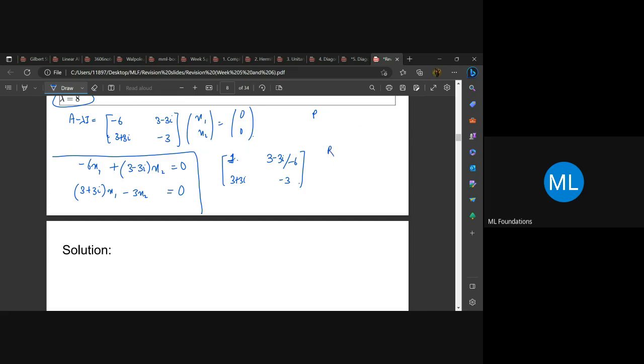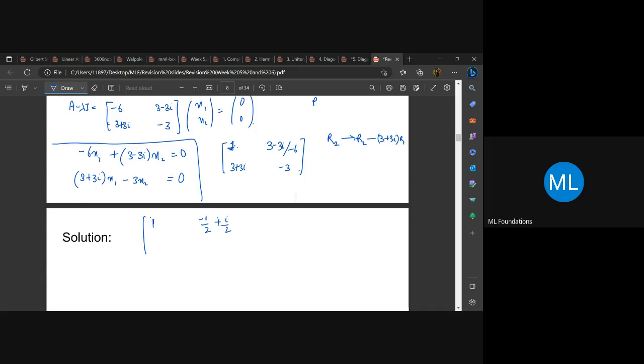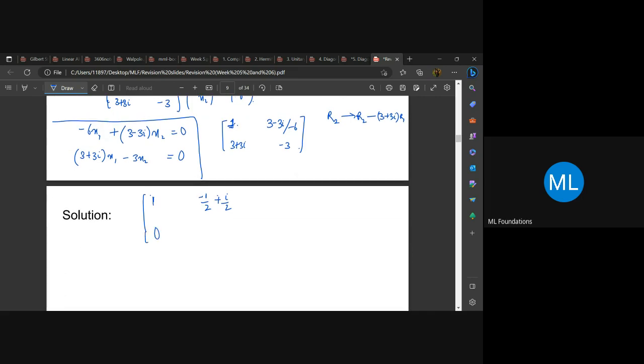Then you replace R2 with R2 minus (3 plus 3i) R1. Right? Yes. So what do you get? You get 1 minus 3i by 2, plus i by 2. Right? And this will be 0. And this will become -3 minus (3 plus 3i) R1, which is 3 minus 3i by